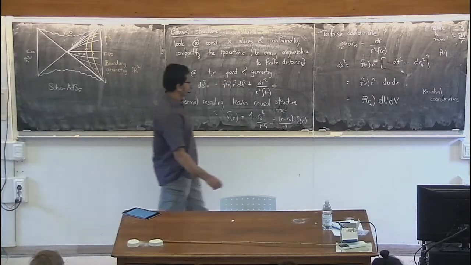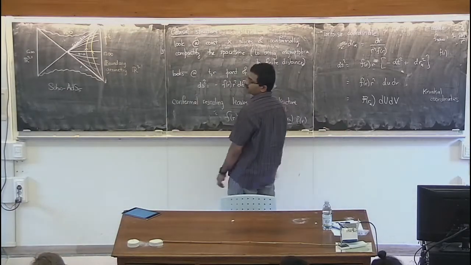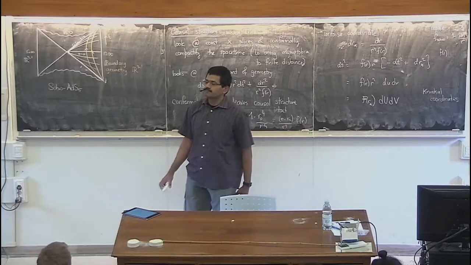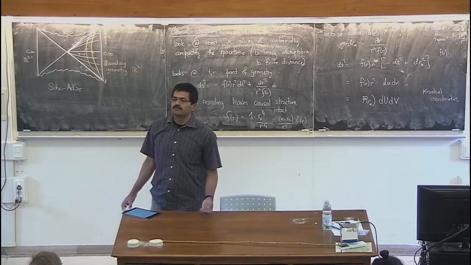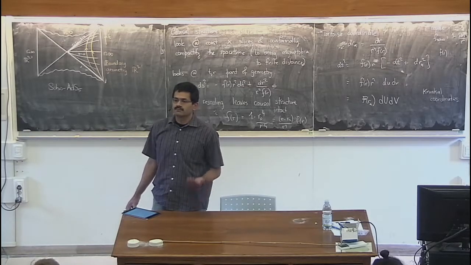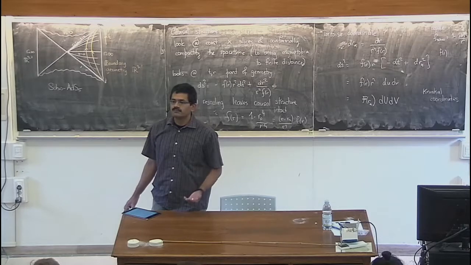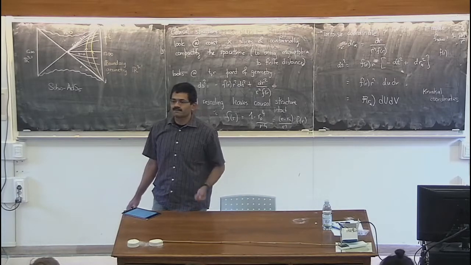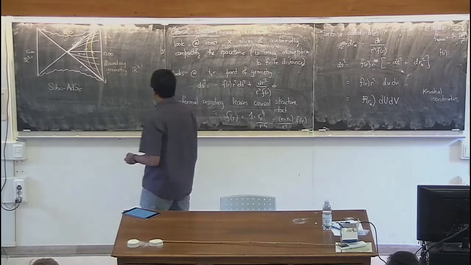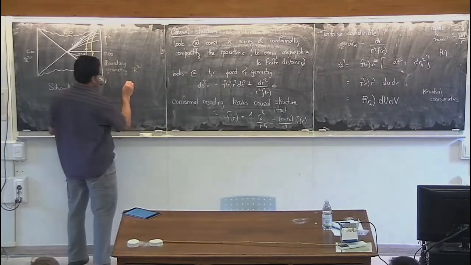All right. Good. So the Schwarzschild black hole Penrose diagram